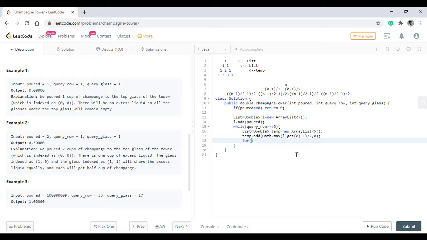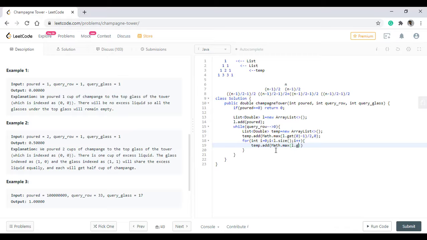Now for each value we need to loop from L dot size, plus plus. Now we know all these middle values are being calculated from two values. So what we do is, in the temp we add, again we take math.max, what we did over the top.